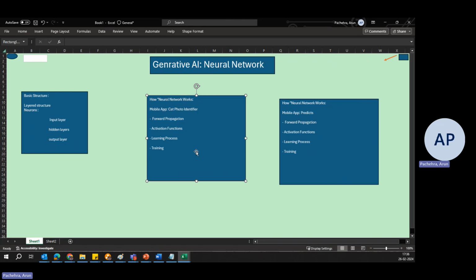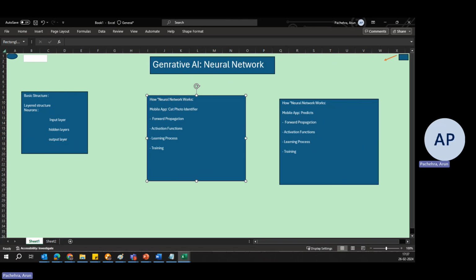All right, so I think we are good now. We know the structure of a neural network. It's this, and then we took the two examples of four steps, how exactly it works. So if we need to conclude, the four steps: forward propagation, where data is fed into the input layer and travels through the hidden layers, where the actual processing happens through weighted connections and biases. Simple enough. Now each neuron applies a specific function, the activation function, to the input it receives to determine whether and how strongly to activate and pass data to the next layer.